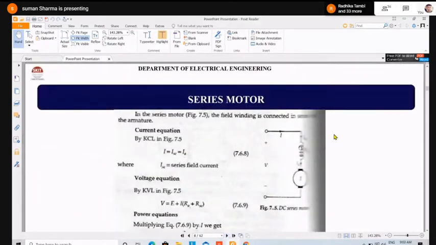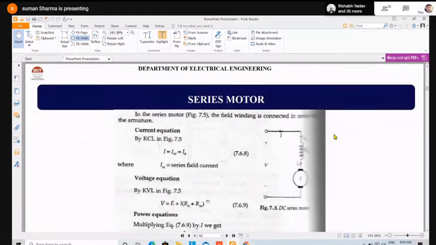In case of series motor, आपकी जो फील्ड वाइंडिंग है वो सीरीज में कनेक्ट रहेगी आर्मेचर सर्किट के. ठीक है. सो व्हेन इट इज कनेक्टेड इन सीरीज, तो सीरीज कनेक्शन में आपका करंट सेम रहता है. सो व्हाट इज योर इनपुट करंट, इज सेम एज द आर्मेचर करंट, इज सेम एज द फील्ड वाइंडिंग करंट ISE. अब क्योंकि ये सीरीज में है तो इसको आप ISE बोलोगे. सो I इज इक्वल टू ISE इज इक्वल टू IA, वेयर ISE इज द सीरीज फील्ड करंट.